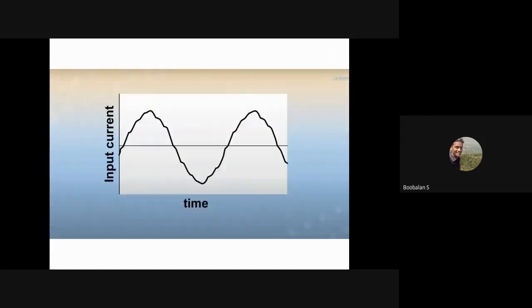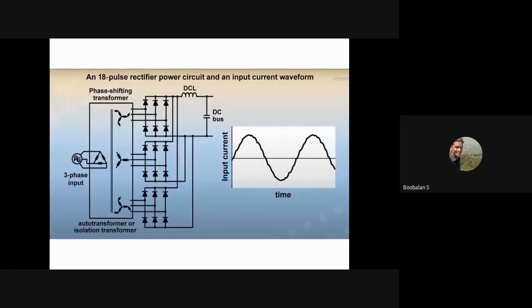Now your inductor value, your current after my 12 pulse rectifier will somewhat look like a sinusoidal waveform, right? So by adding these active filters, you could bring your current waveform to look like a sinusoidal waveform, right? Somewhat your harmonics level is getting reduced. You could have an 18 pulse rectifier also, by increasing your switching devices, right? So we could increase our THD level in the form of negative mode.